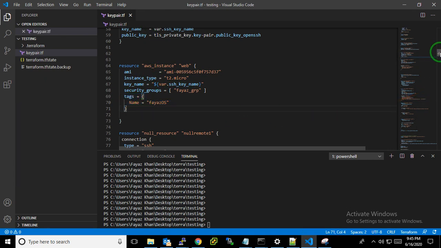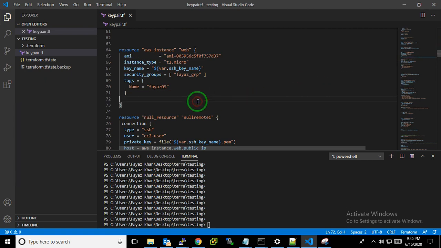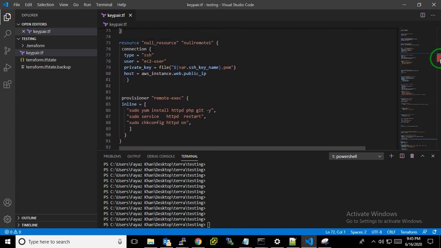After that, I will go for the connection. My EC2 has been created up to here. After that, I am going inside the EC2. This is the code to connect to your EC2.